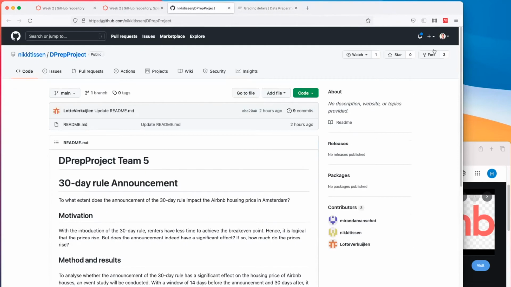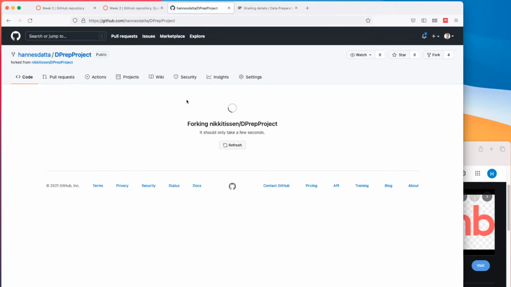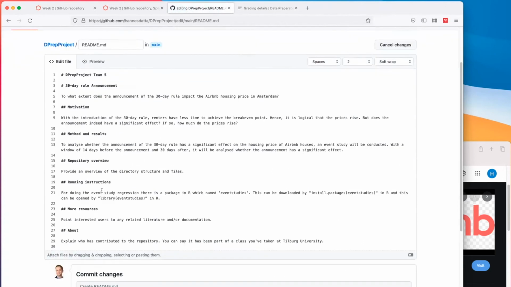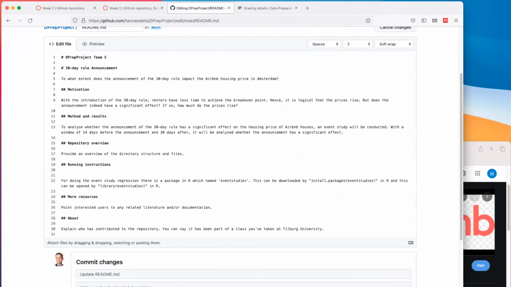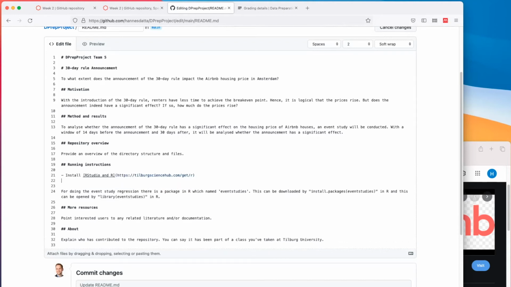I wanted to show you how to format code. So I'll fork this too. I don't clone it this time because I'm just making changes to the README. So I click on edit, and the running instructions. I would say install RStudio and R, and maybe you link to Delbruck Science App. So people who are really from somewhere else just get it. I know this link by heart because I created that page.